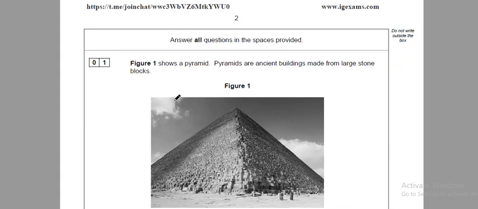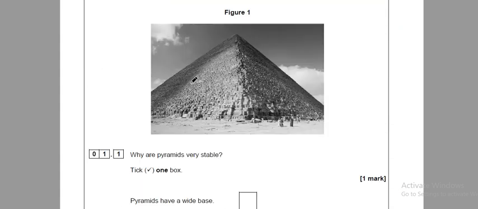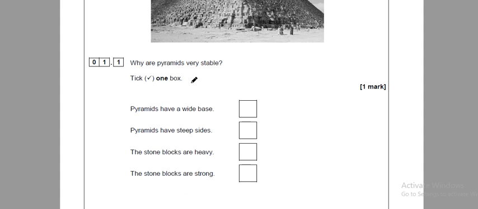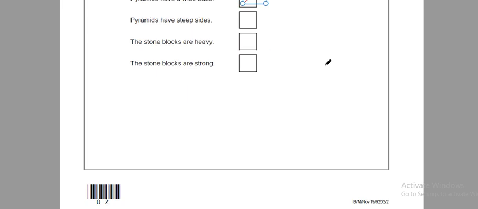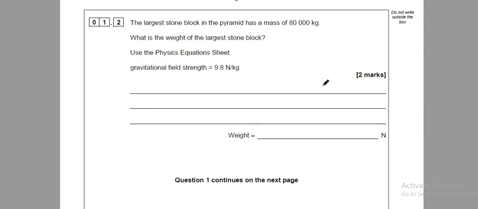Solving Paper 2, November 2019. The figure shows pyramids. Why are pyramids very stable? They have a wide base. The largest stone has a mass. What is its weight? Fg equals 9.8. Weight equals mass times g. The answer will be